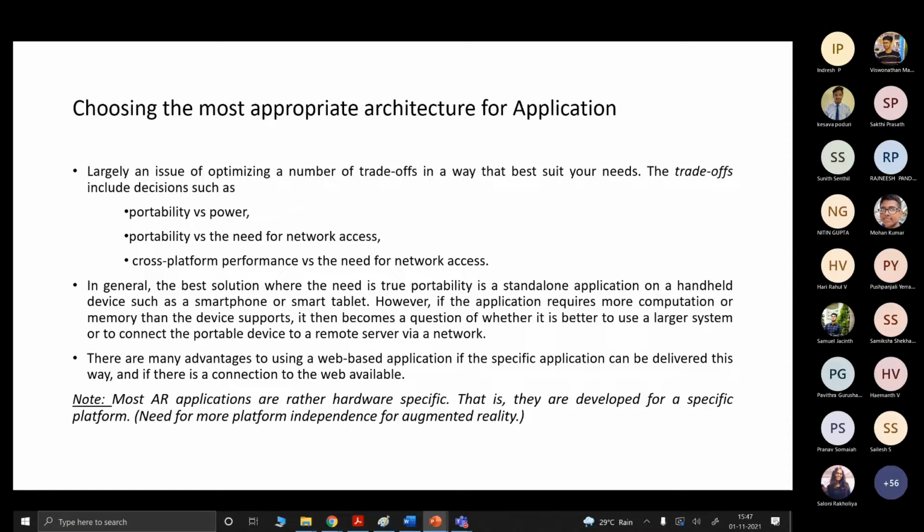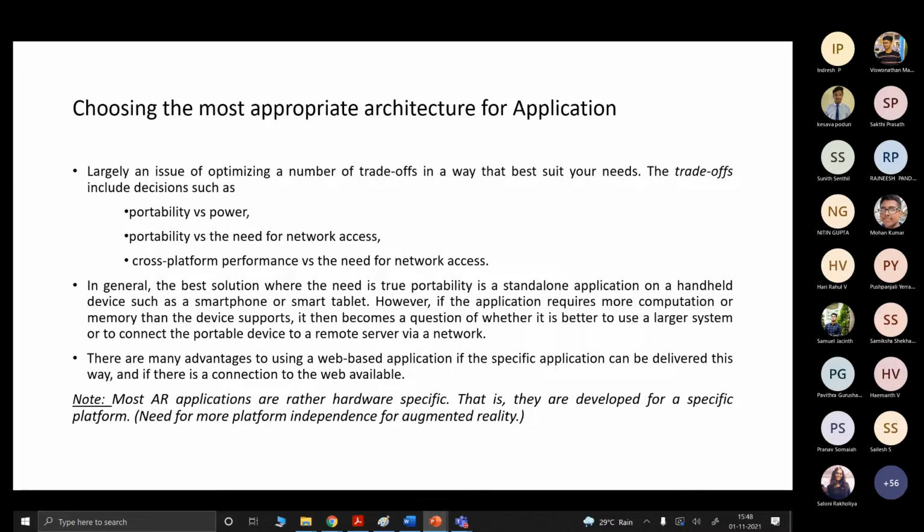So there is a trade-off between all these things. So the best solution, where the need isn't true portability, is a standalone application on the handheld devices. However, if the application requires more computation or memory than the device can support, we can move on to remote access with the help of a network.